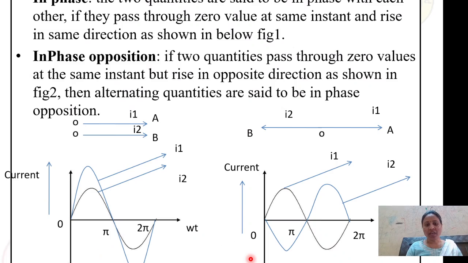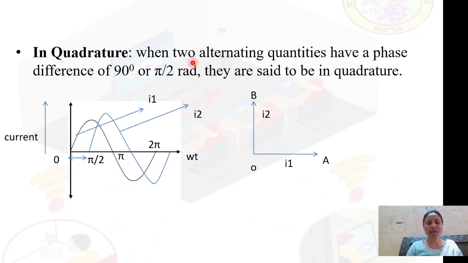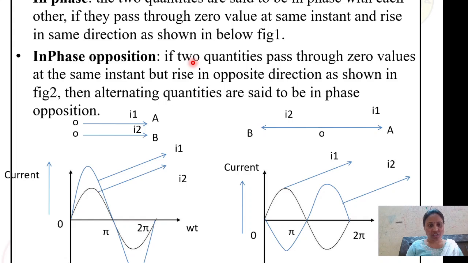We will understand these terms better with these diagrams, and also the other terminologies: what is meant by in phase, what is meant by in phase opposition, and what is meant by quadrature phase shift. Okay, looking into this first figure,